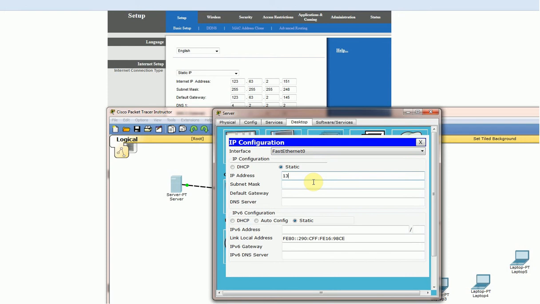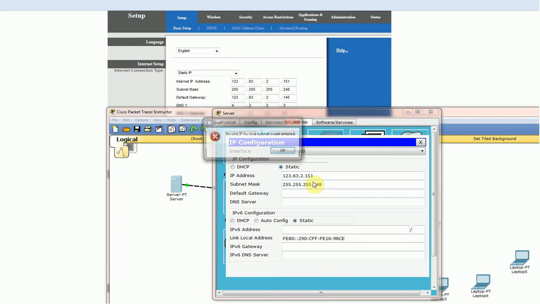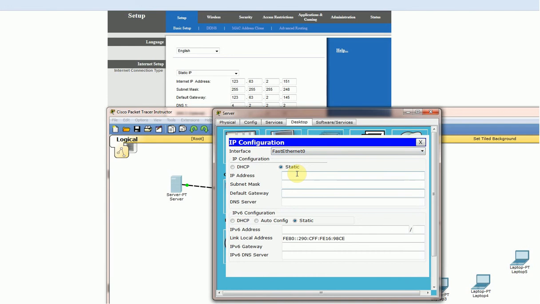123.63.2.151, 255.255.255.248, or any IP address we can give.